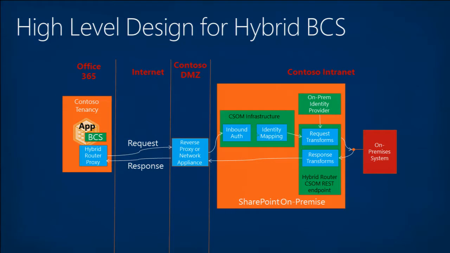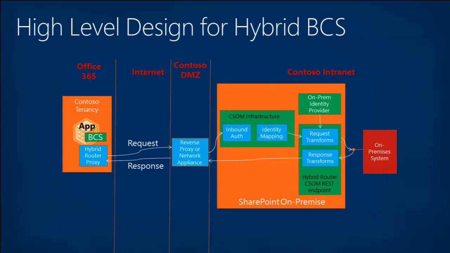That's a service bus scenario where you set up what's called a relay service in the cloud. And then you don't need to have anything sitting in the DMZ. I'm going to talk about that at the end of my session. But for at least the first part of my talk, I'm going to assume that there's a reverse proxy there, and I'm going to show you how to configure that into SharePoint Online.